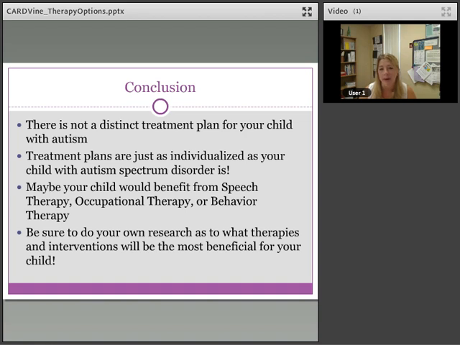It's in high demand, so just be sure that whoever is conducting a therapy with your child has a certification, has undergone the training. Okay,